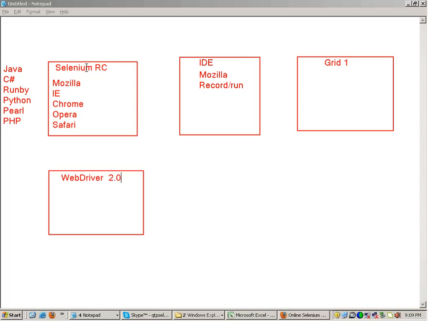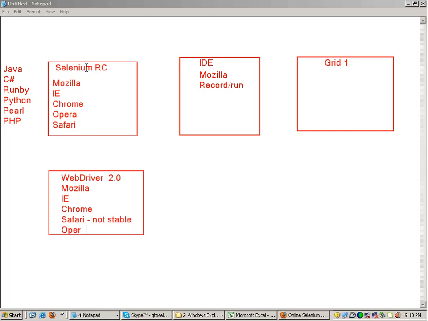Google was the major entity behind WebDriver. It automates all its applications using Selenium. So WebDriver also has the same features. It works on Mozilla, IE, Chrome. These are the three official browsers. Safari is also there, but it's not stable as of now. But in coming releases, it will be.